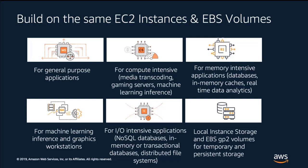We have memory optimized R5 and R5D instances, which are designed to deliver fast performance for workloads that process large data sets in memory. We have graphics optimized G4DN that are designed to help accelerate machine learning, inference, and graphics intensive workloads. We also have the IO optimized I3EN instance type, which provides dense, non-volatile memory express SSD instance storage, optimized for low latency, high random IO performance, high sequential disk throughput, and offers the lowest price per GB of SSD instance